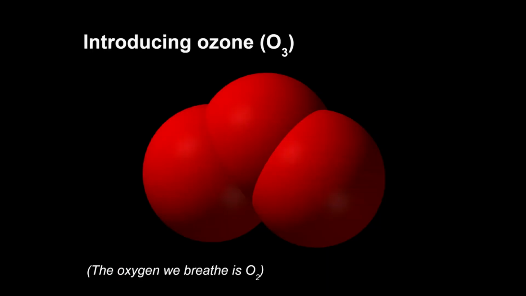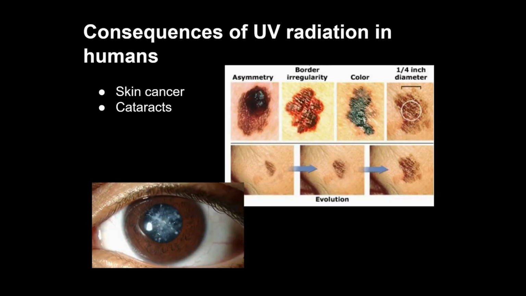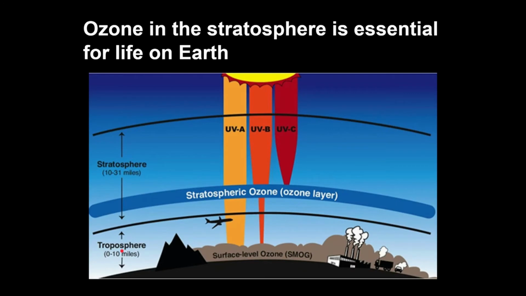But the same chemical, ozone, in the stratosphere is essential for life on Earth. In the stratosphere, ozone absorbs high-energy ultraviolet, or UV, rays. UV rays damage DNA and cause mutations. In humans, exposure to UV rays is associated with skin cancer and cataracts. So ozone in the stratosphere is a good thing because it prevents UV rays from reaching Earth's surface where they